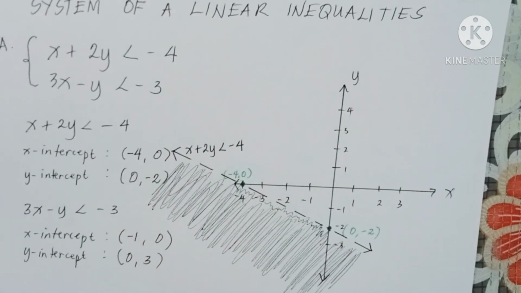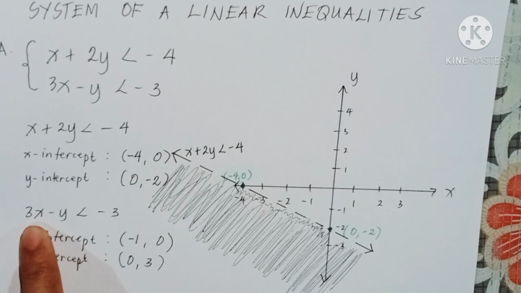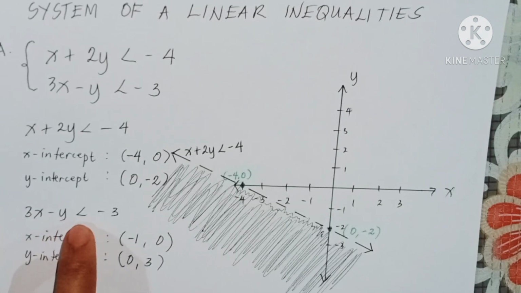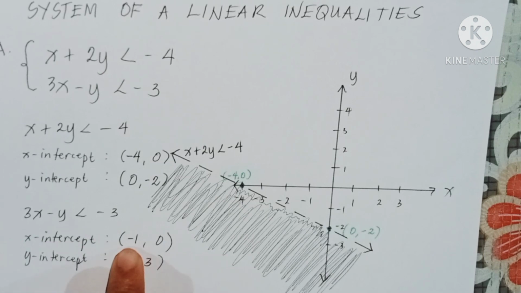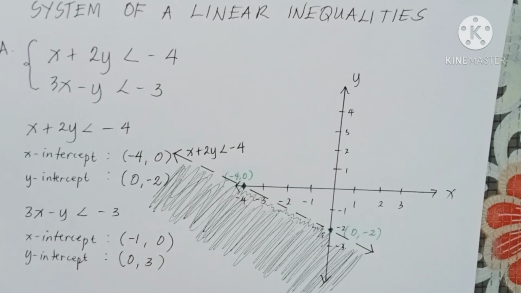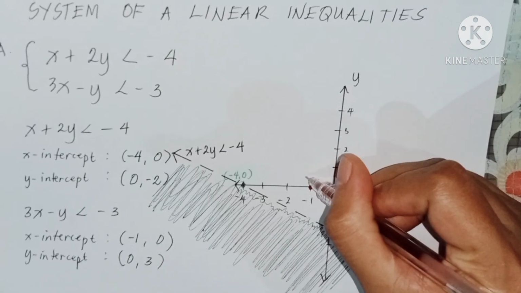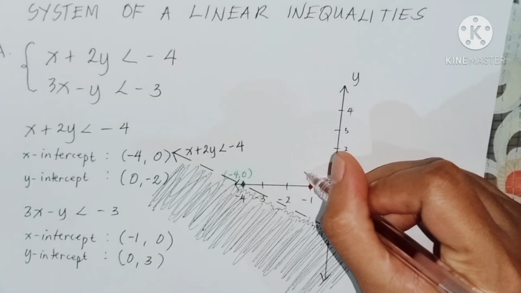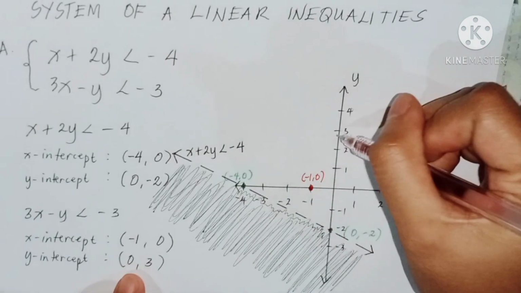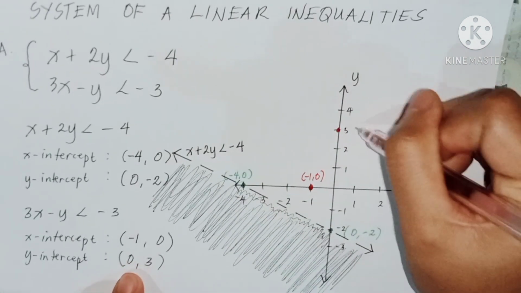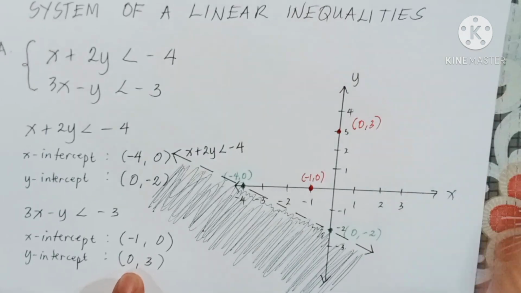So let's proceed now with 3x minus y less than -3. So we'll locate -1, 0. So it would be here. So that is -1, 0, and then we have 0, 3. So this will be 0, 3. And then we connect